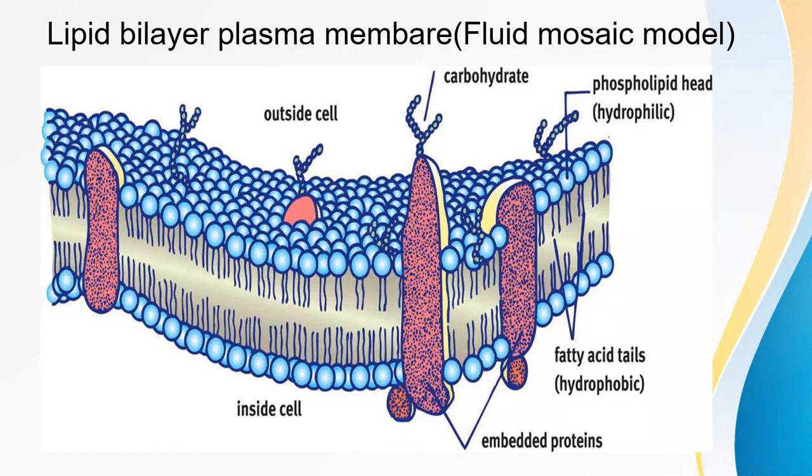Now you can go by page number 13 in your material. On page number 13, you are seeing the structure of the plasma membrane. So on the screen, you are seeing the structure of the plasma membrane. This model is the currently accepted model, which is called the fluid mosaic model. This model was proposed by Singer and Nicolson in 1972. So according to their model,